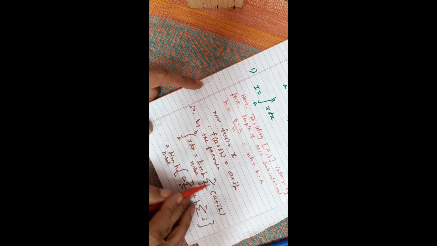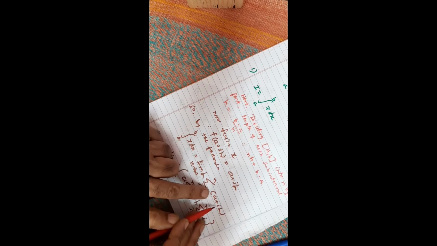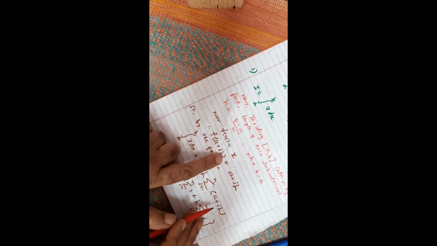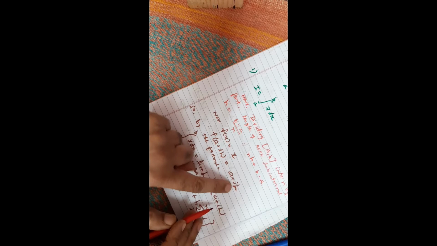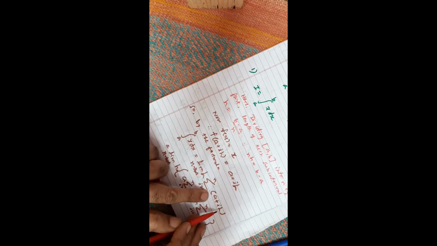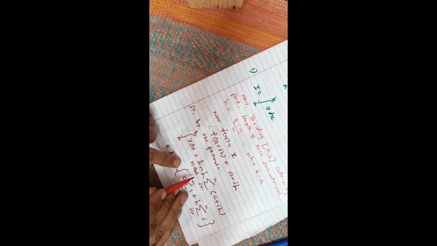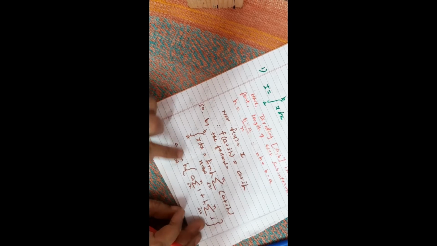Limit h sigma, then what is this? It is nothing but f of a plus ih, but I already did it here. So f of a plus ih is equal to a plus ih. So I directly wrote that, i from 1 to n, n tends to infinity. Hope you understand this step.